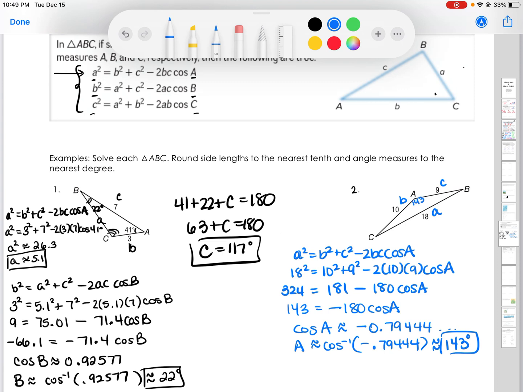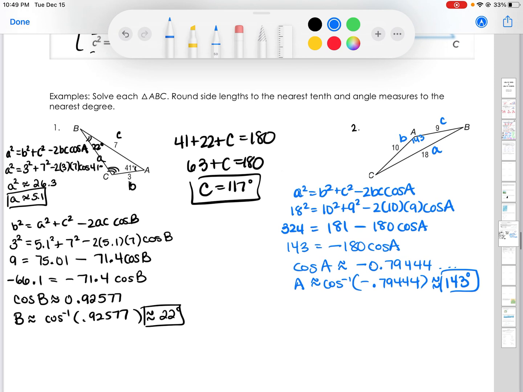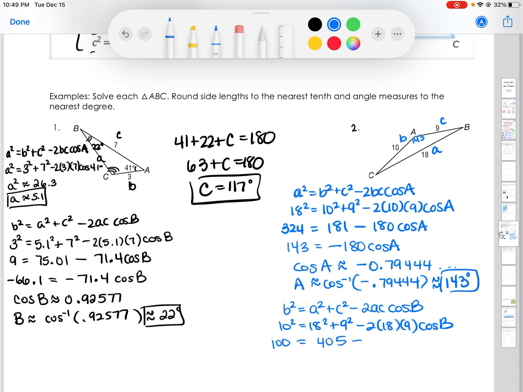Now we have to find another one, and it's up to you which you want to use. I'm just going to go again alphabetical, so let's find angle B. So we have B squared is equal to A squared plus C squared minus 2AC cosine of B. And we'll do the same thing. We'll just plug in. So we have 10 squared is equal to 18 squared plus 9 squared minus 2 times 18 times 9 cosine of B. So that's going to give us 100 is equal to, let's see, when we add those together, 324 and 81 is going to give us 405 minus